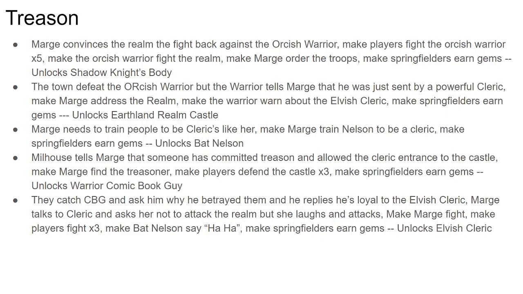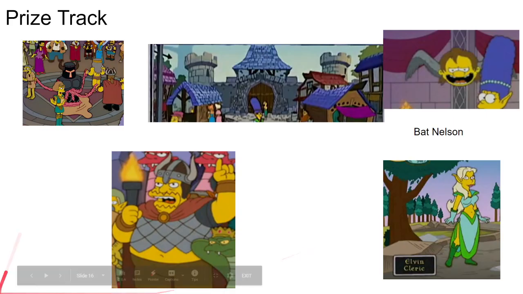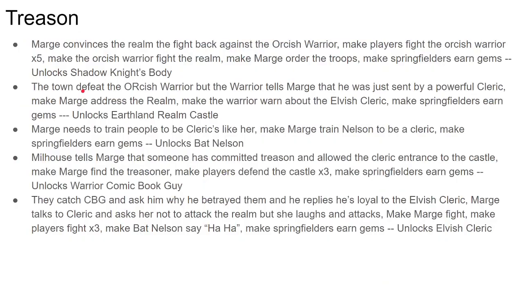And this will unlock the Shadow Knight's body, because of course he died. They'll talk about him dying. So you get this little decoration, just his body. And maybe there could be an animation with these 4 characters dancing with it. That might be funny. The town defeats the Orcish Warrior, but the Warrior tells Marge that he was just sent